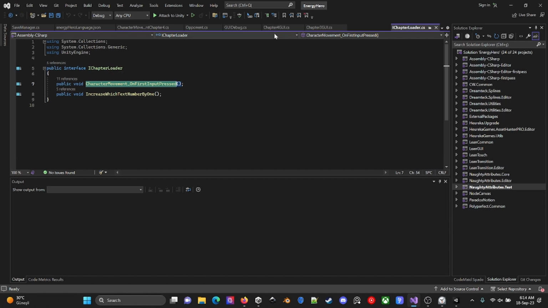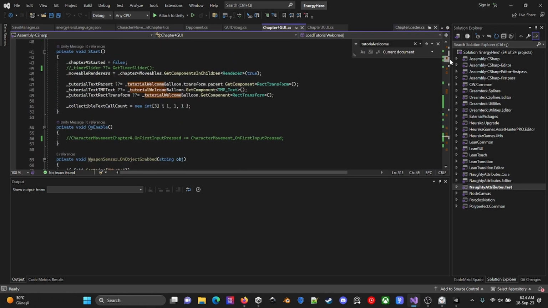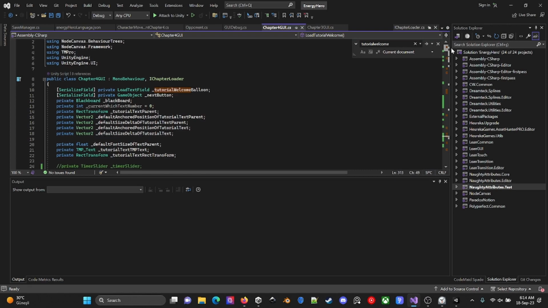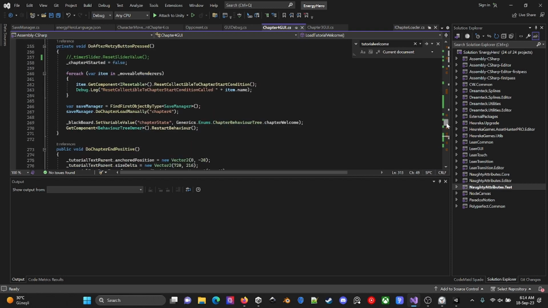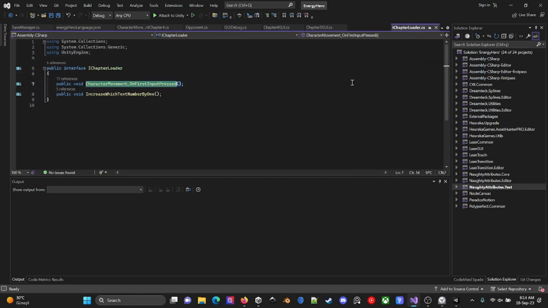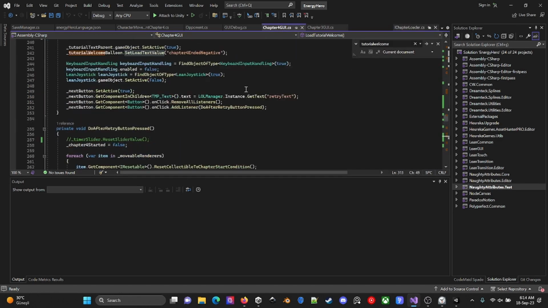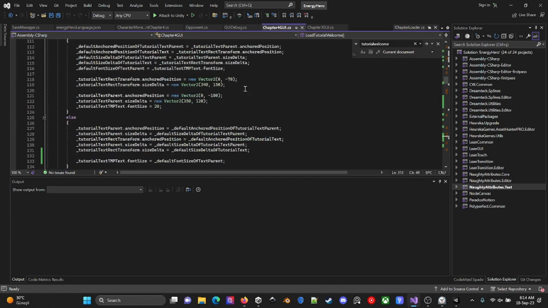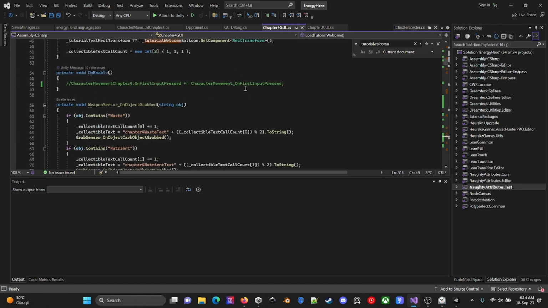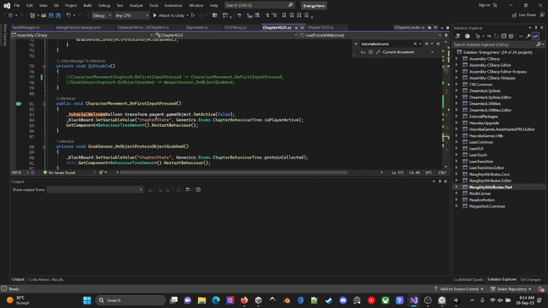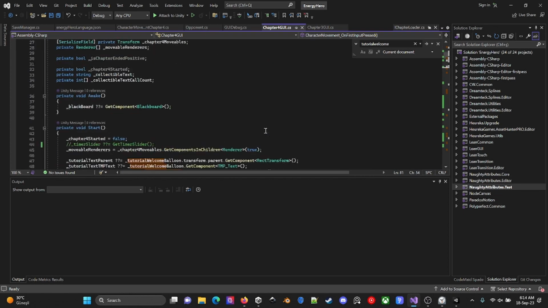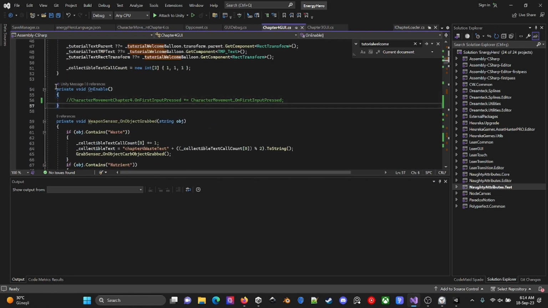This is iChapter loader, and I guess this interface is also inside my chapter 4 GUI, which is basically the character movement on first input pressed. It is called when I press the next button.